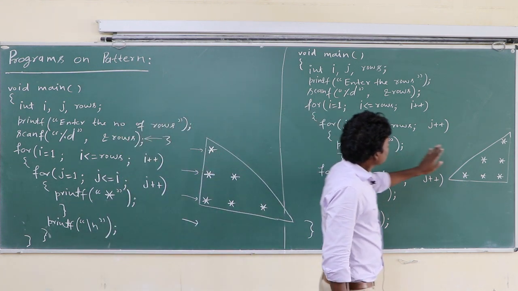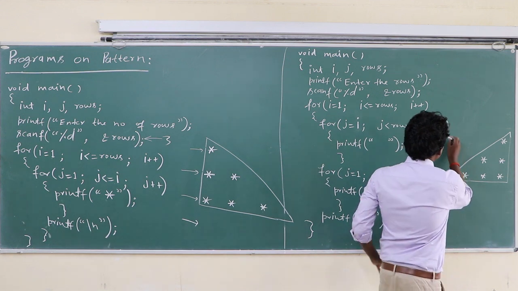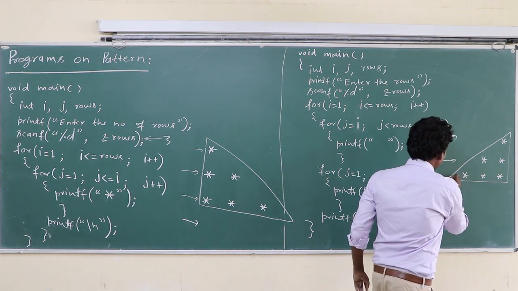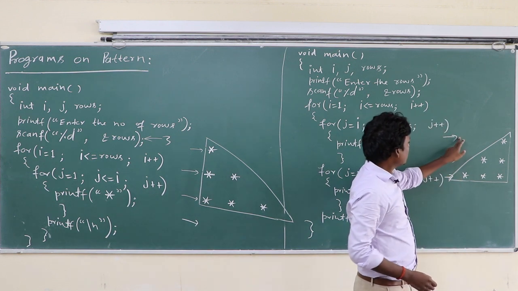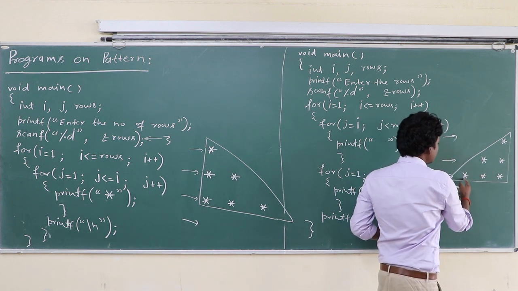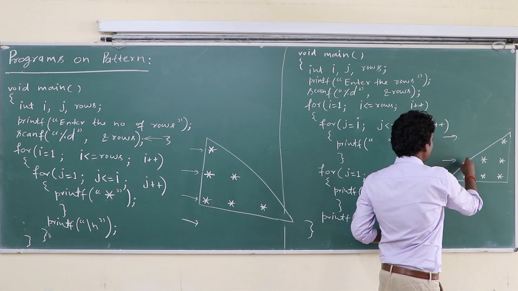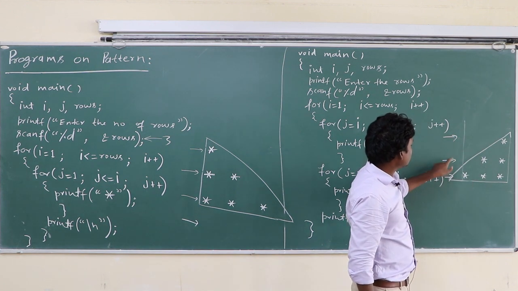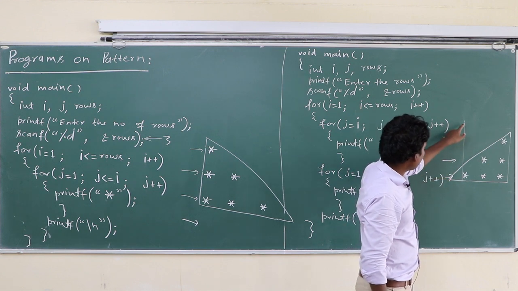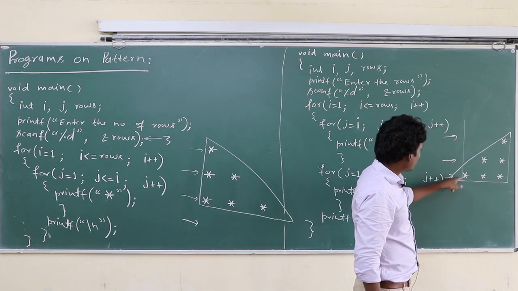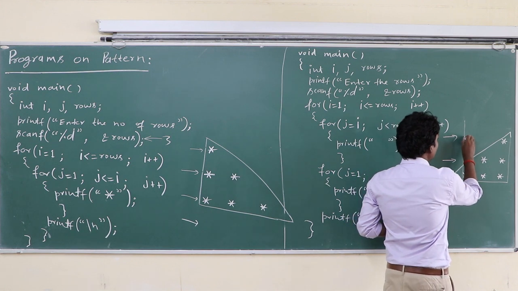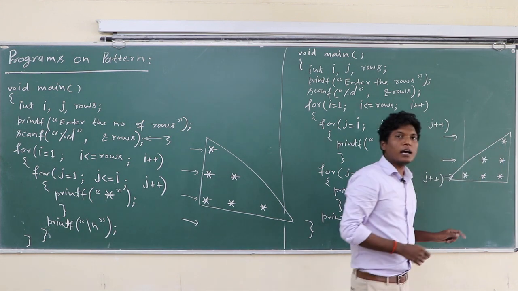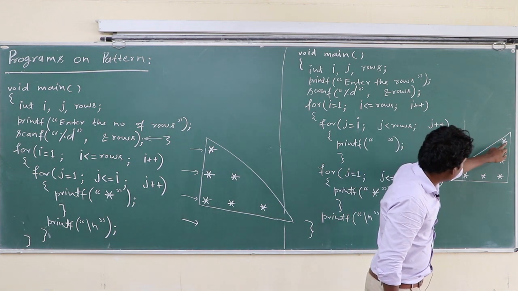Okay, class. This is the first row. This is the second row, and this is the third row. So this is the beginning. Basically, the asterisk is here. This is the beginning of control, and this is the first row. This is the second row. This is the third row, and this is the beginning of control. So suppose control is here, it does not go to here directly. Class, control does not go to here directly.